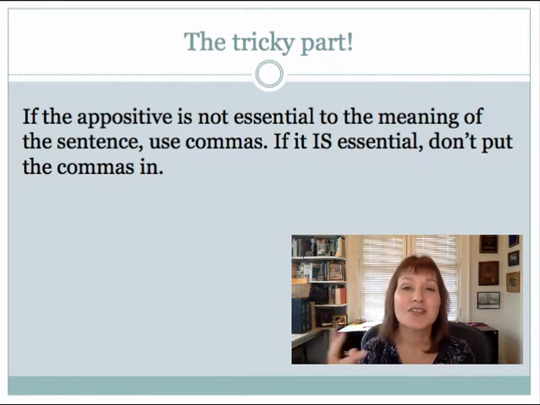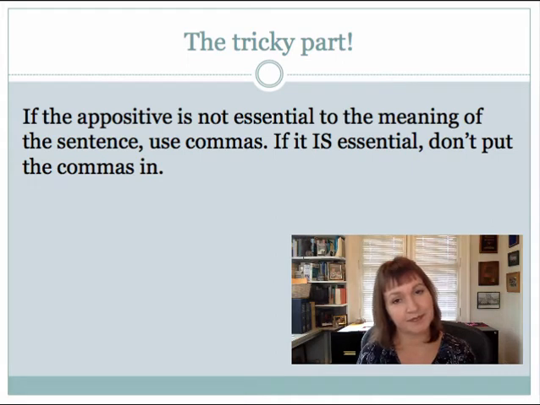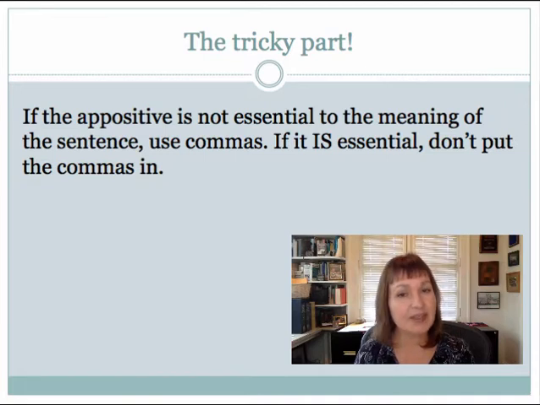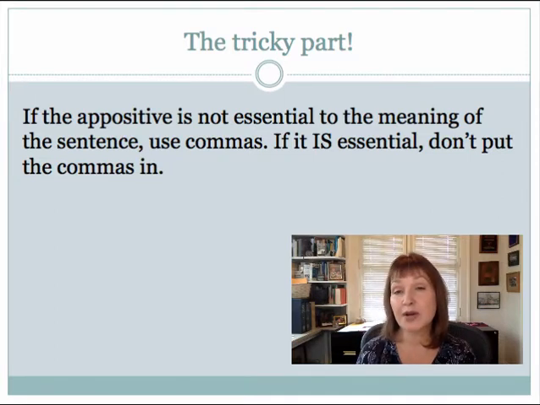Of course, there is a tricky part. If the appositive is not essential to the meaning of the sentence, use commas. If it is essential, don't put the commas in. Remember how I said earlier that if you can take the part between the commas out, almost like they're little